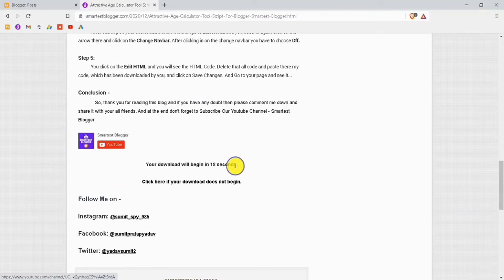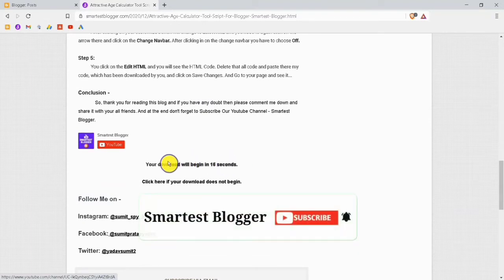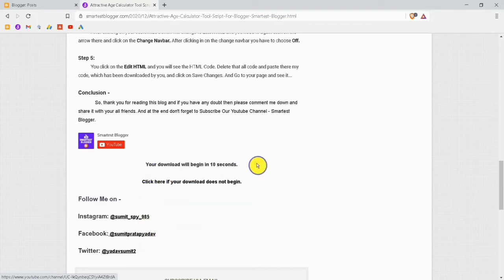And down you can see I have kept a timer for the download link. Here you can also do this. I will make its own video another time. So our timing is going on. Here you can see after seconds 0 it will get directed to the download page. So it gets directed to the download page, and from here you want to download the zip file.